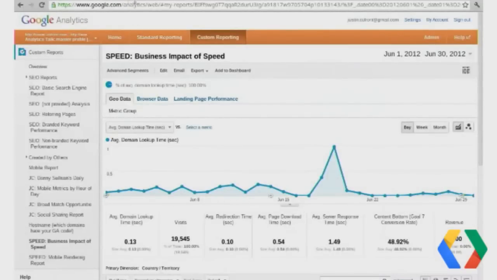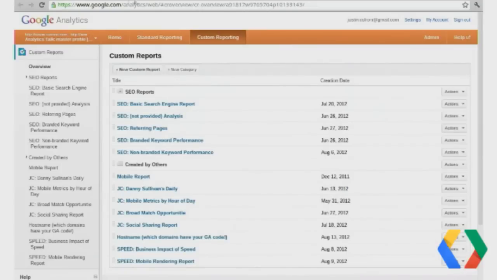Third click. Awesome. Okay. So if you've never used Google Analytics before, we have a lot of different ways that you can customize the product. The advanced custom segments, that's one way that you can slice and dice your data. And one of my favorites is the custom reports. And the reason why I love custom reports so much is that I can get exactly the data I want in one screen, and I can build in all sorts of metrics that help me understand whatever it is I'm trying to analyze.